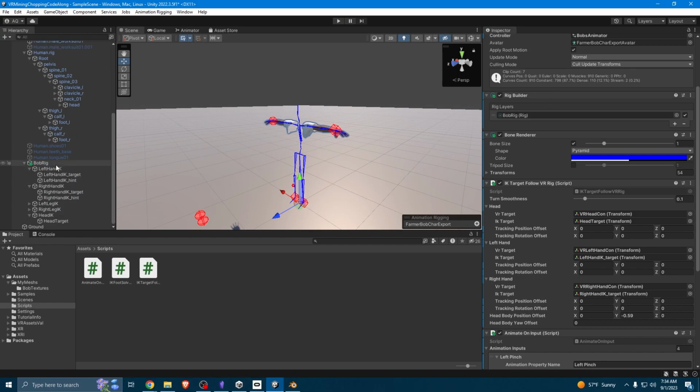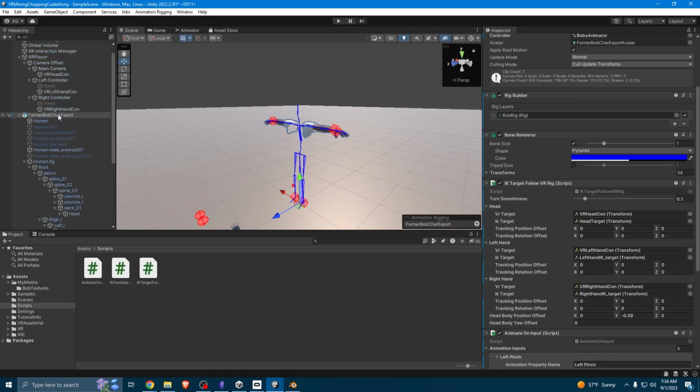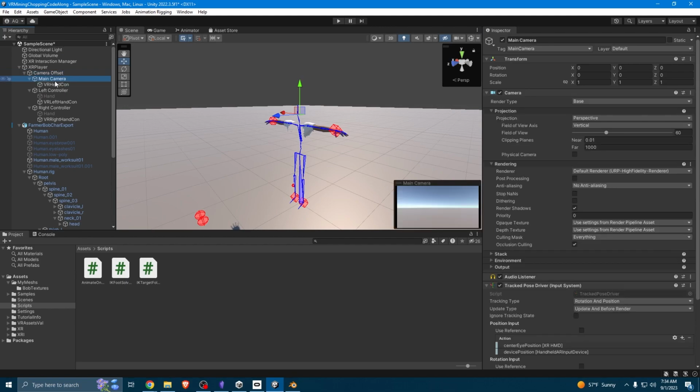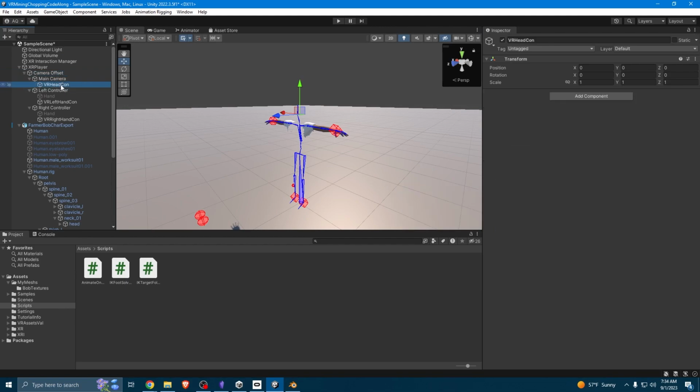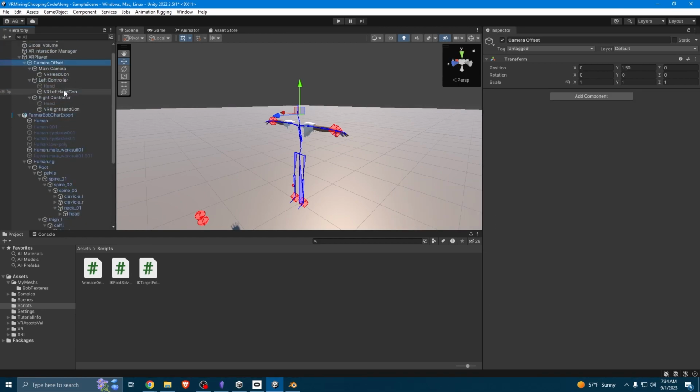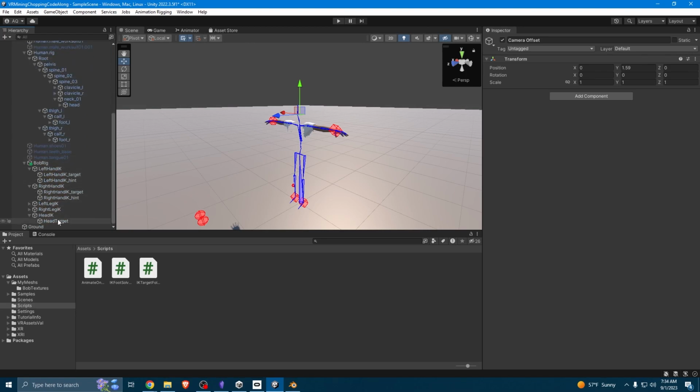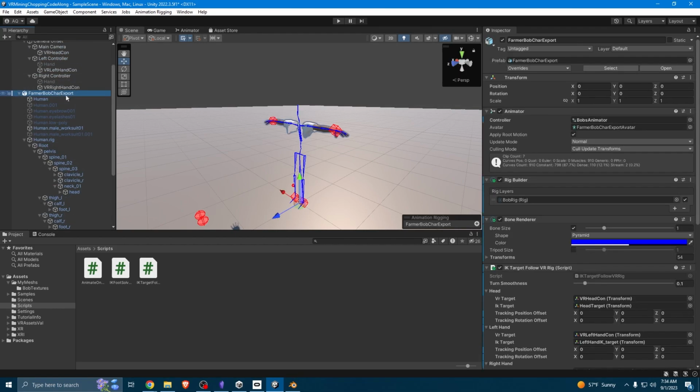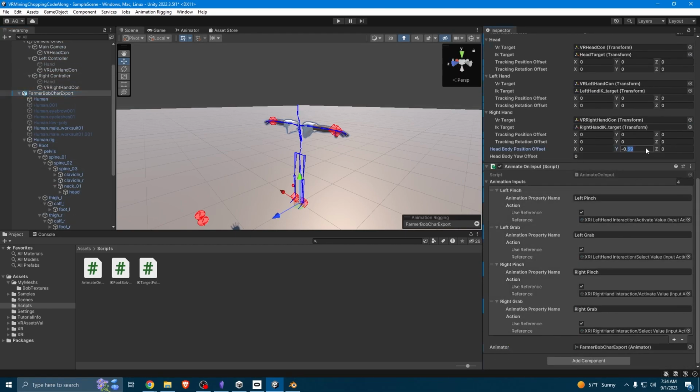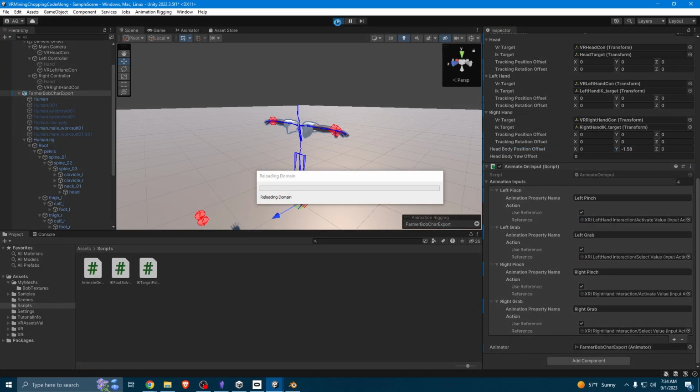Okay, so it's looking like the head position is actually exactly where it should be now, which is exactly where the head target is now. 1.5759-ish, I think will be a good value. So we'll go ahead and move this to 1.58. Let's get it right in the middle. And then when we press play,